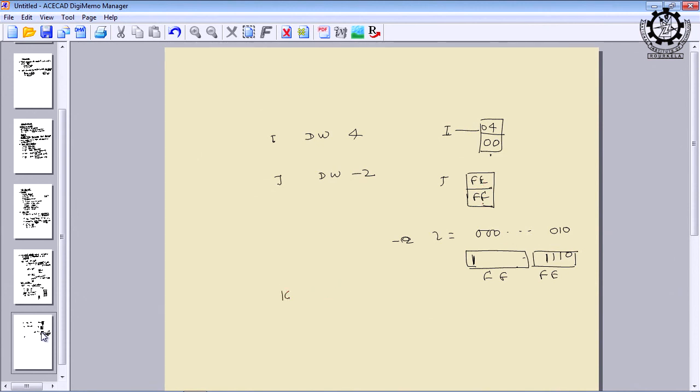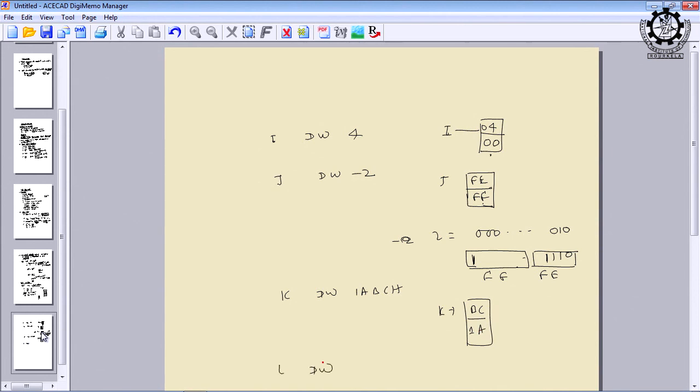Similarly, if I write k dw 1ABCh, h for hexadecimal, it clearly shows that it is a hexadecimal number, and when you store it, k holds BC 1A. Is it okay?